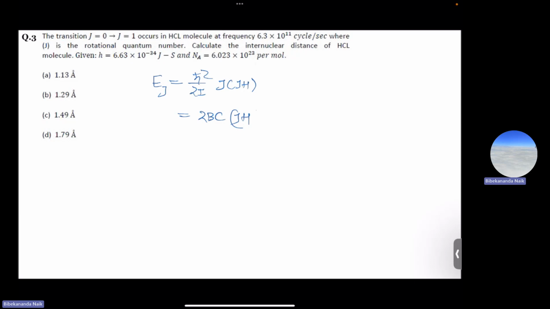Now this expression, 2Bc into J plus 1, corresponds to the transition from J to J plus 1. Since here J equals 0 and J plus 1 equals 1, for the transition from 0 to 1 the energy is nothing but h nu. So simply we can write it as nu equals to